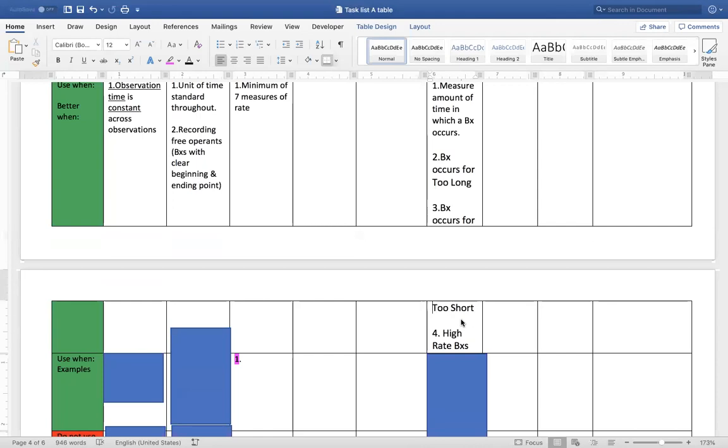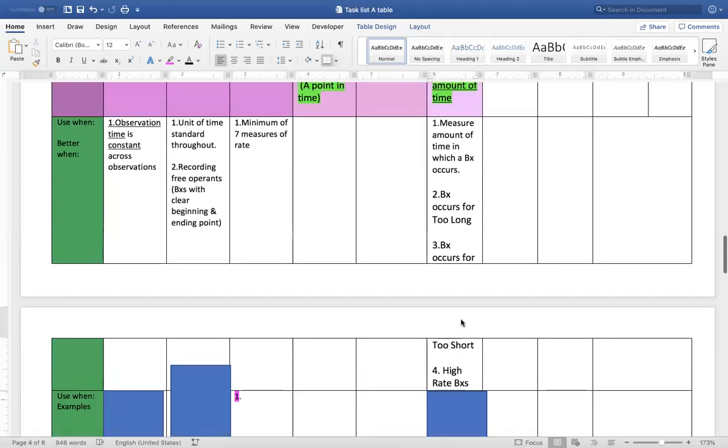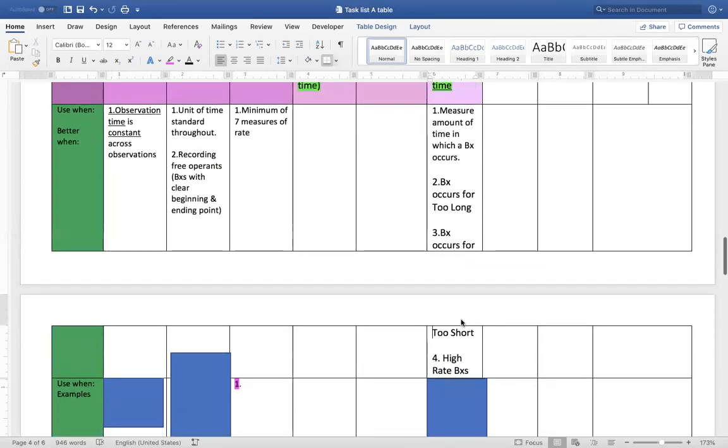It is confusing. So you can use it to increase duration as well. Instead of decreasing it, it's also used to increase duration. It just said it's better when you use it for a behavior that is too long or too short. That's all it said. For both. And it also says for low rate behaviors.